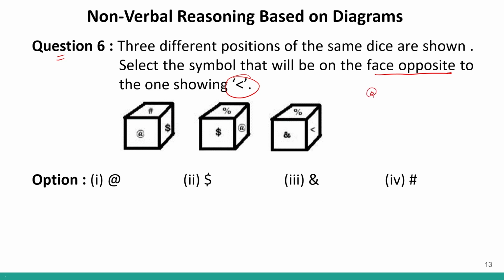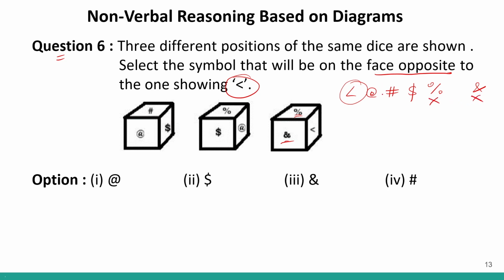So how many symbols do we have? At the rate, we have this sign, we have dollar sign, then this sign and this sign, and then this sign. So 1, 2, 3, 4, 5, at the rate is repeated, 1, 2, 3, 4, 5, 6 signs, and we have to find the one which is opposite to this one. Over here, I can see that percentage and sign. So percentage and is eliminated.